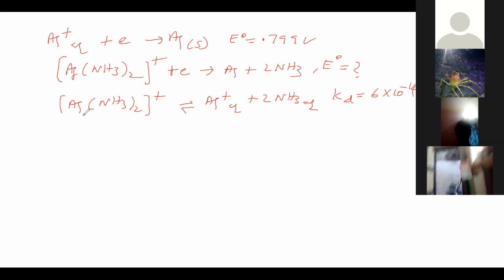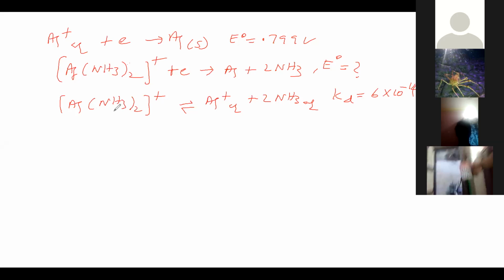In this one, is there any electron? Is there any electron on the left side? Is there any electron on the right side? So, no electrons on either side. In that sense, will you say it is a half reaction or a cell reaction? Shall we consider this as the cell reaction, or as the cathode, or as the anode? Think about it.